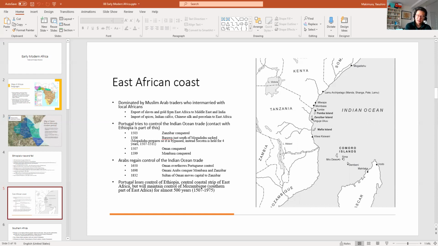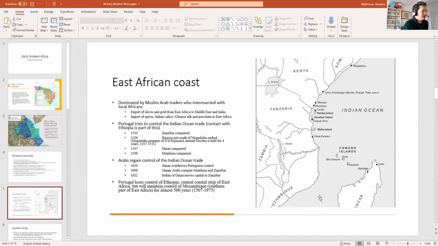So in East Africa, the Portuguese have successes, but they also have failures, right? Their obvious success is that they conquer Mozambique and they hold on to Mozambique for almost 500 years, from 1507 to 1975. Actually, no, Mozambique is actually earlier than 1507, so I'll go fix that. They don't have the entire country, but they just have the coastal area down here as their base to sort of block any ships that pass through the straits between Mozambique and Madagascar.